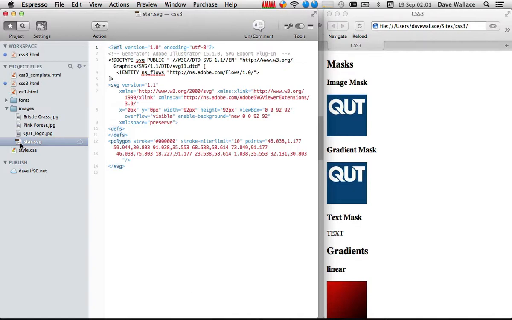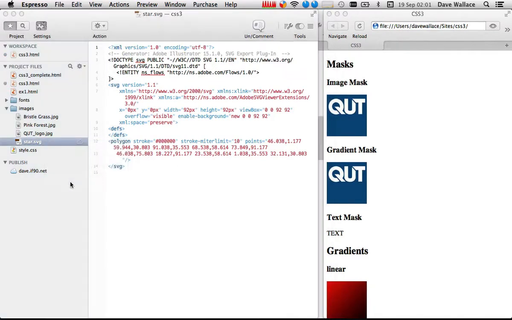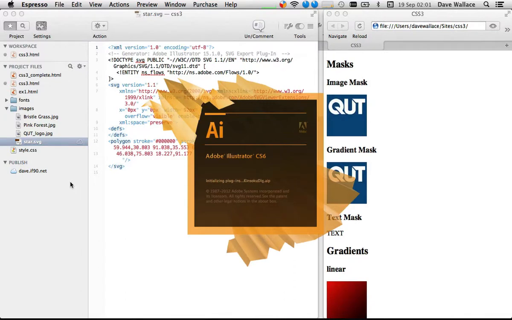So what I want to do is apply this star to it so that only the parts of that image that fit within the star shape actually show through, just like you'd apply a mask in any visual editing tool. So you can see if I click on this that an SVG is actually defined as a bunch of numbers in XML, but if I open this in Illustrator,